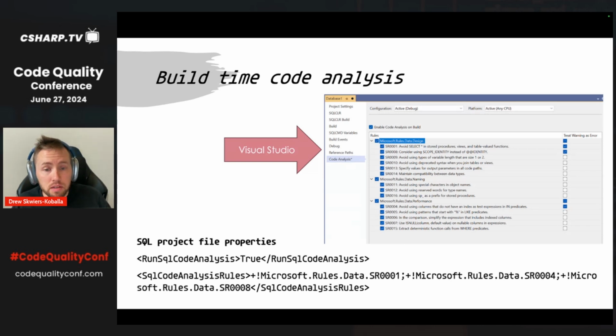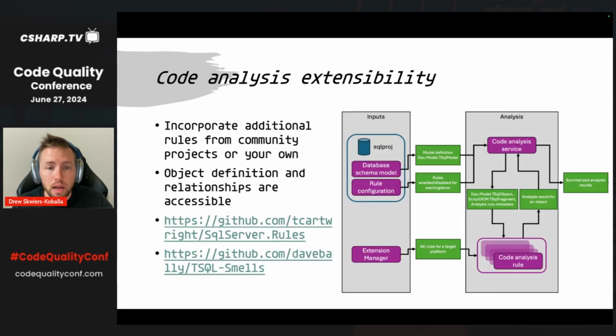Because in fact, code analysis rules are a library and it is extensible. The way that the code analysis engine works is that it will load up all of the rules that it can find, which is a very weird way to phrase things, I understand. I promise I'll come back to the idea of the code analysis engine finding rules. When you are running code analysis rules, like during a SQL project build, you can incorporate rules either from a community project or from your own